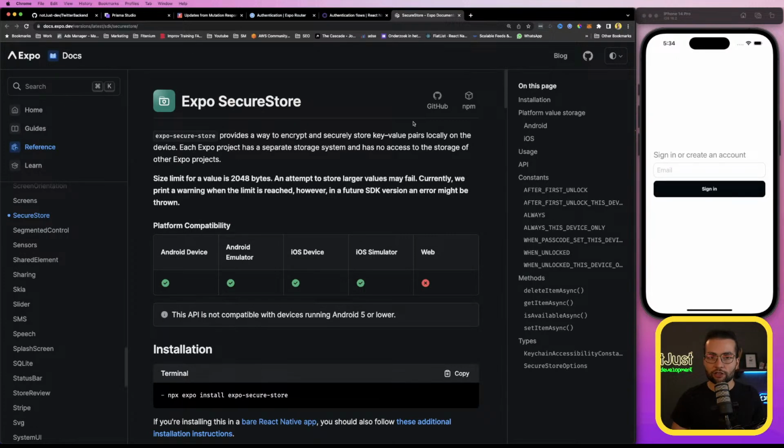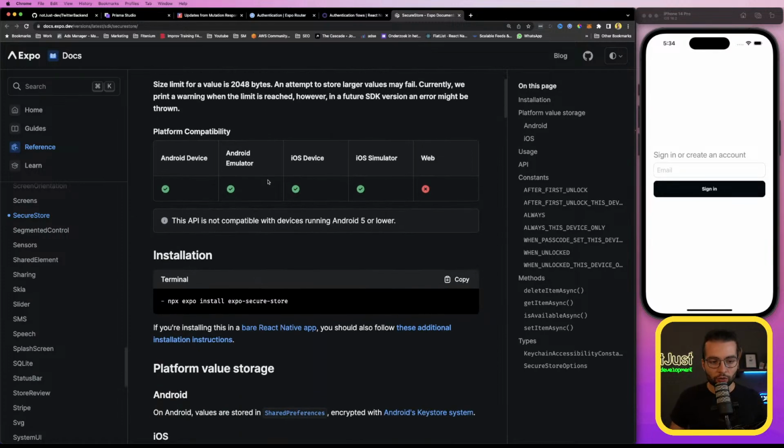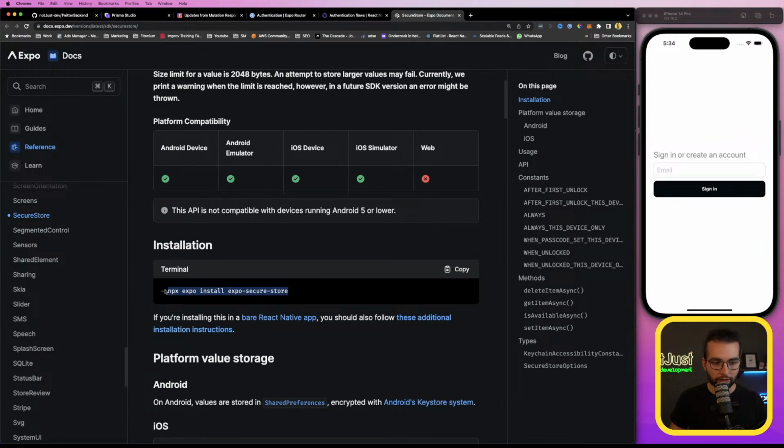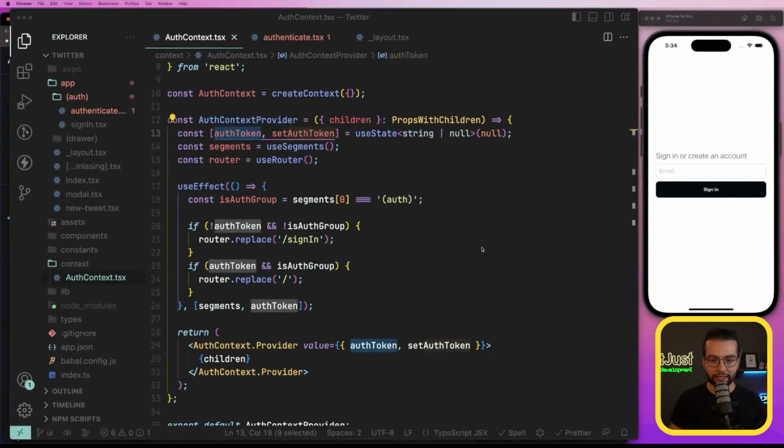We can use async storage, but that is not a secure way to store tokens. A better way would be to use Expo Secure Store, and this will allow us to store data on the storage which is encrypted. So we're gonna install firstly Expo Secure Store in our React Native application,